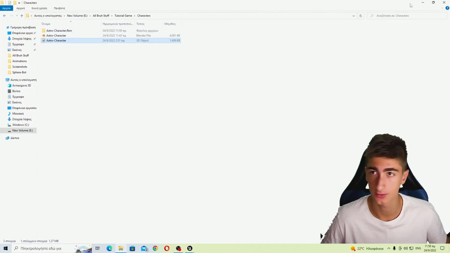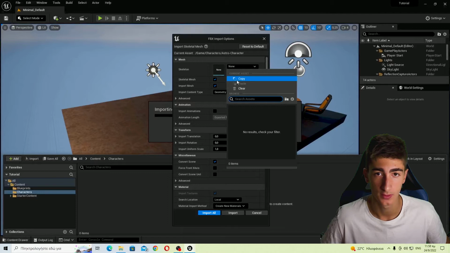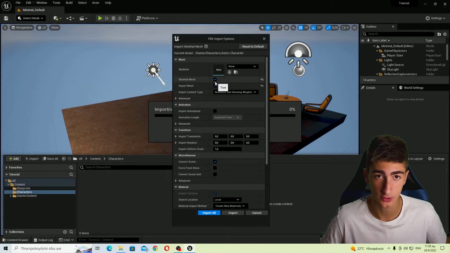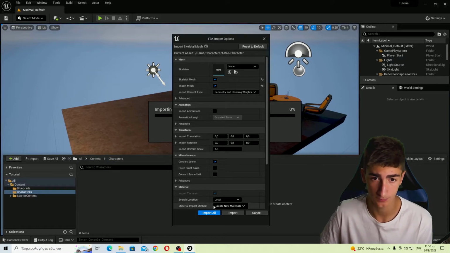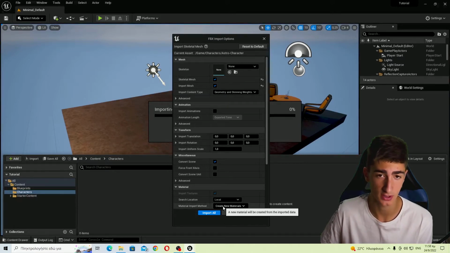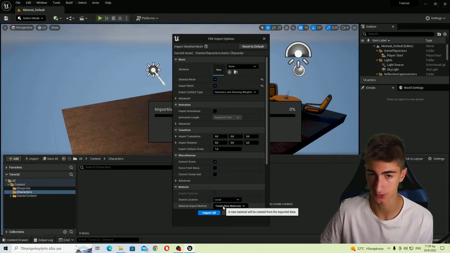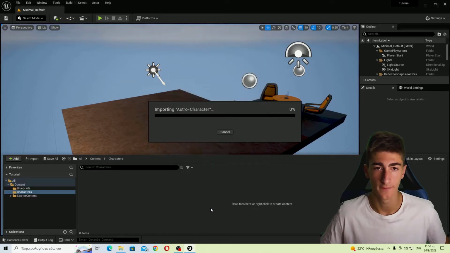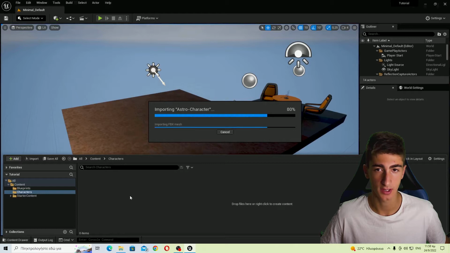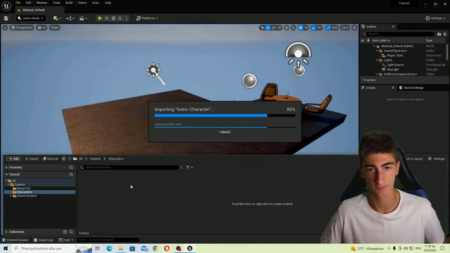Now you can see this is going to be created, don't worry about that. And skeleton, none, because we don't have a skeleton. If you do and you want to assign it to a different skeleton, do that, but I usually don't do it. So make sure you're creating new materials, import mesh, import skeletal mesh, import all, and it's going to import the character. That's going to take a while, or not, but anyway,